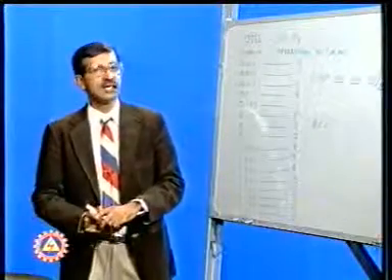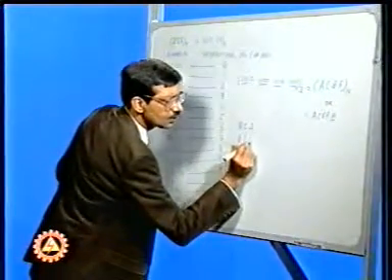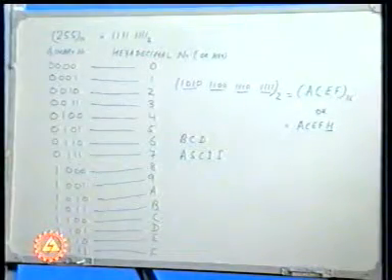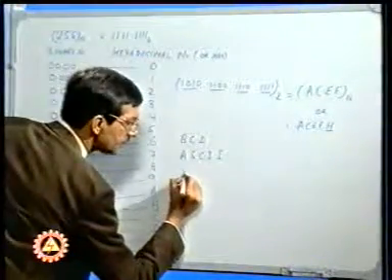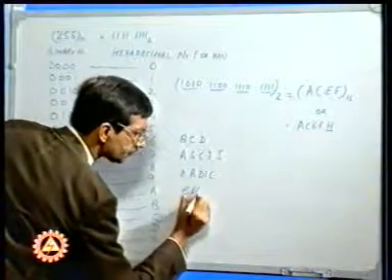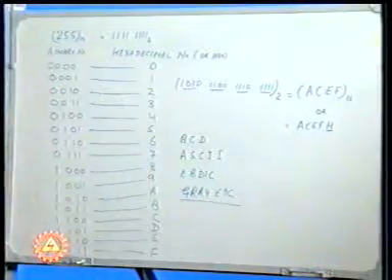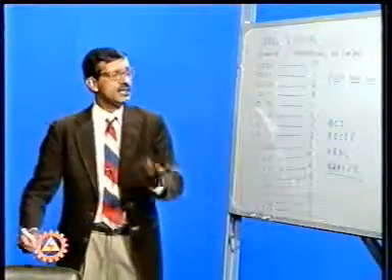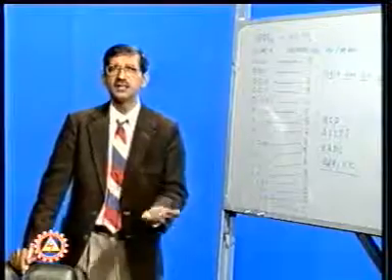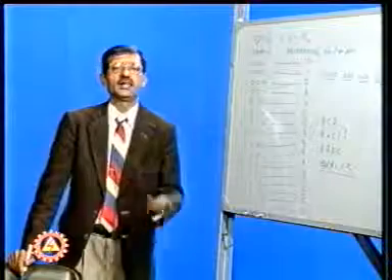Similarly, we have got other codes available. They could be ASCII, which stands for American Standard Code for Information Interchange. We have got other codes available like EBCDIC and Gray, etc. So using these codes, we can represent any combination of numerals, alphanumeric characters, or any other control characters as are required by the microprocessor or any other device.